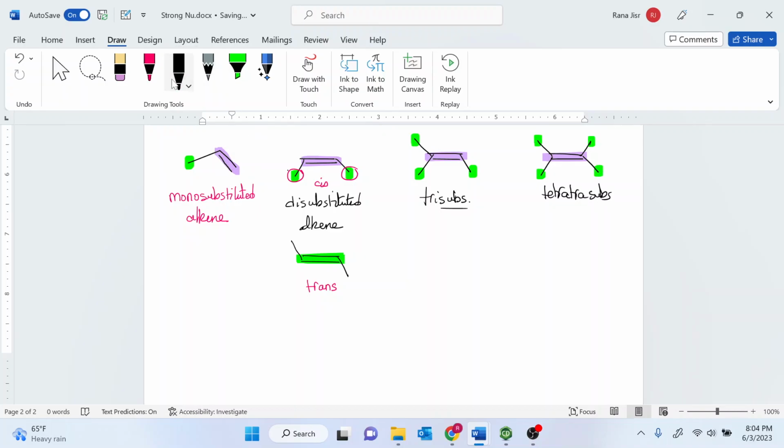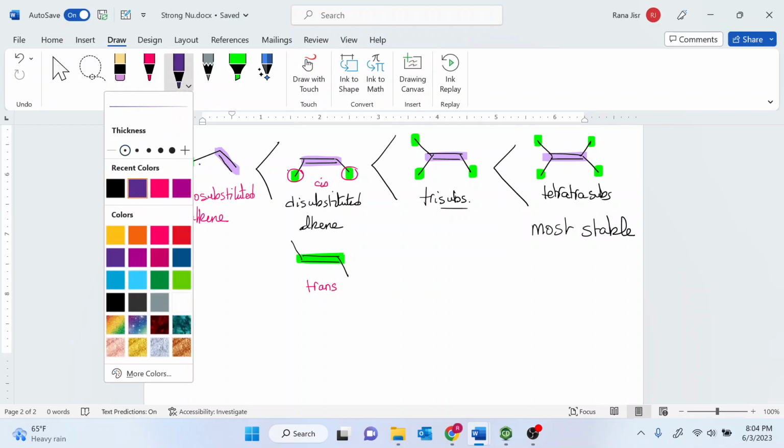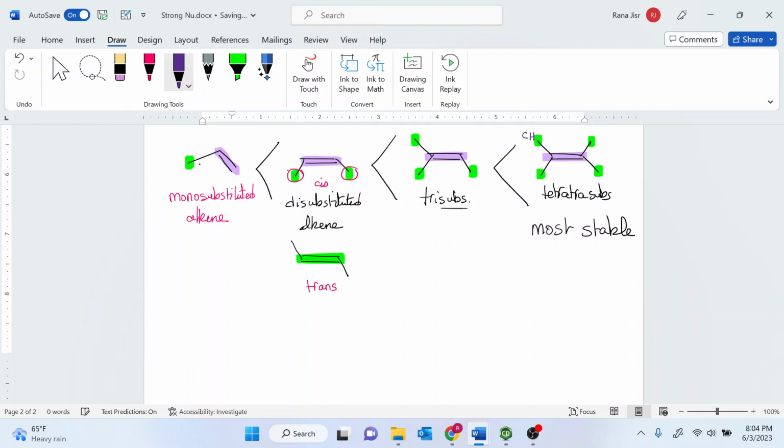If we arrange those based on stability, the tetra-substituted is going to be the most stable type of alkene compared to the tri-substituted, compared to the di, compared to the mono. The reason why is because you do have your CH3s. Let's assume that these are carbons, the simplest types of carbons, which are CH3s. So here I have 4 carbons around the alkene versus 3 carbons versus 2 carbons